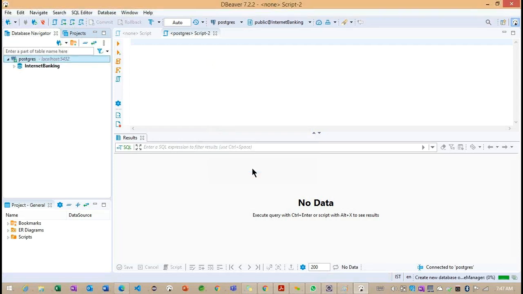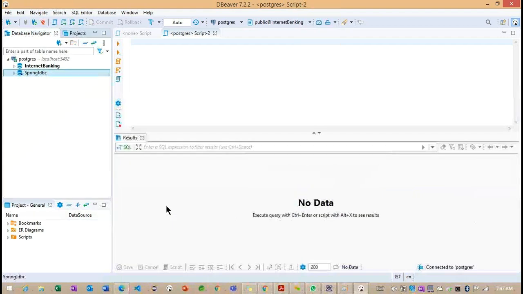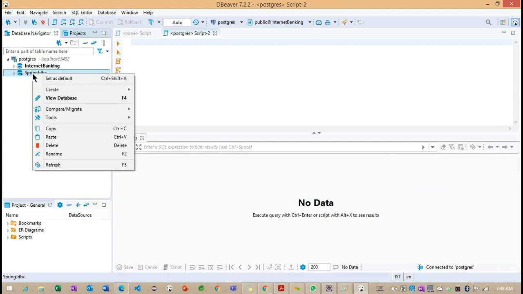So I want to create Spring JDBC. We need to wait; internally it's trying to create a new database here. Okay, maybe the background operations are completed. Now you can observe we are getting Spring JDBC here.